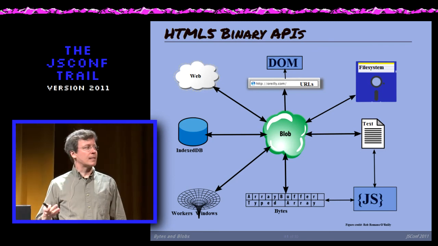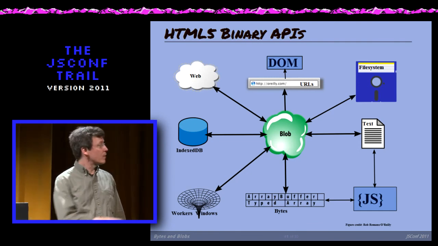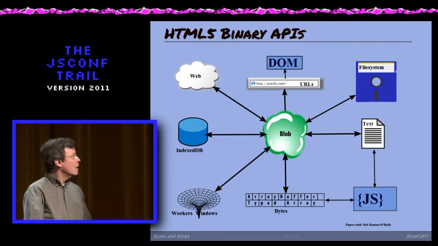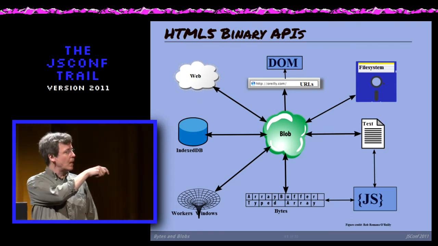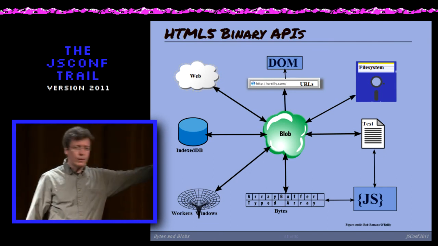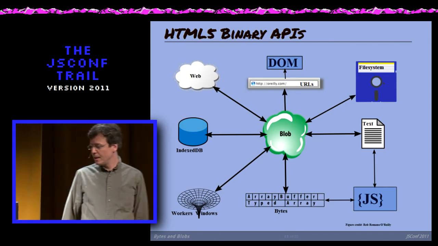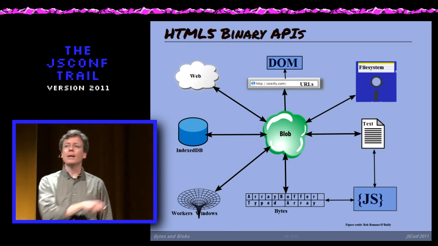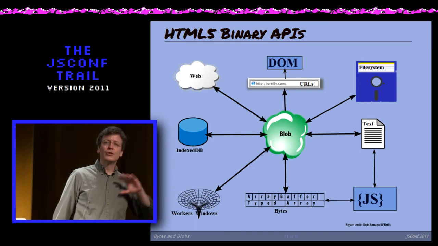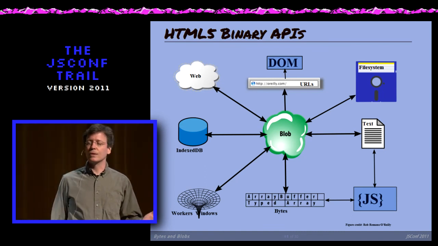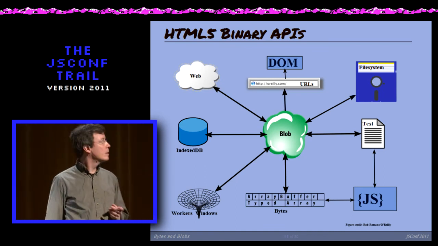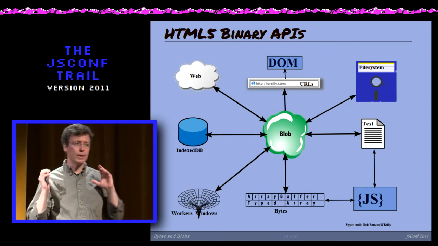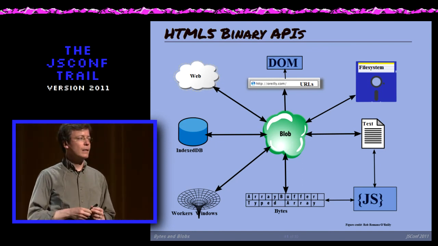You can take a blob, extract the text from it. You can take a blob, extract the bytes from it into this array buffer typed array thing there. And once you've gotten text out of a blob or bytes out of a blob, then JavaScript can manipulate those values. So we'll talk a bit about that. We've got a black hole here where you take a blob and you can transfer it to other execution contexts, other web workers, or into other windows. And finally, the IndexedDB API also supports blobs, so you can send a chunk of data, a blob of data to,